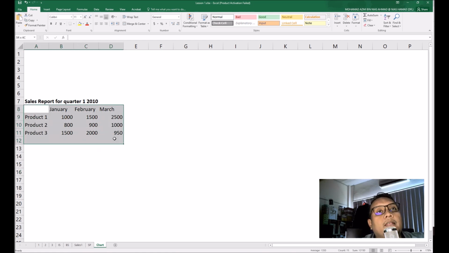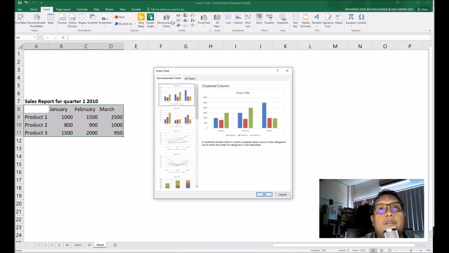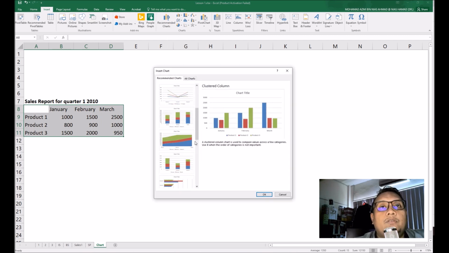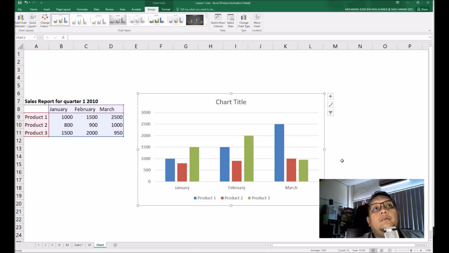Just highlight everything. Okay, and then you go here and then you click insert, and then you click recommended charts or whatever charts that you want to create. Okay, let's click recommended chart first. Alright, okay, let's say we want to go with this one. Alright, so